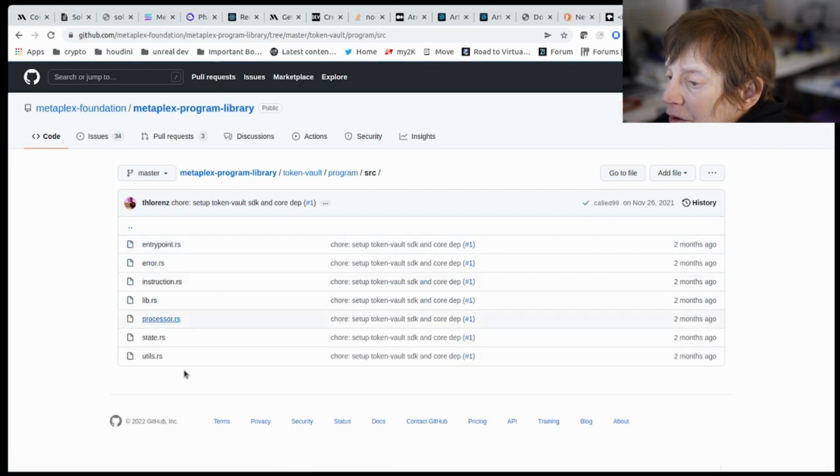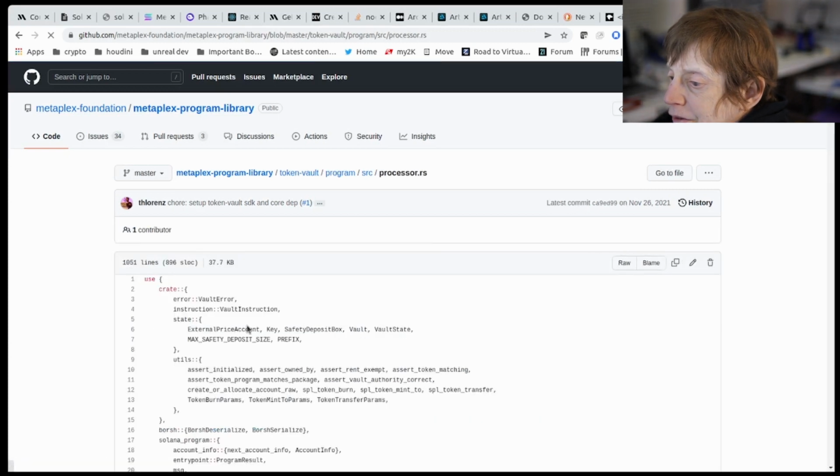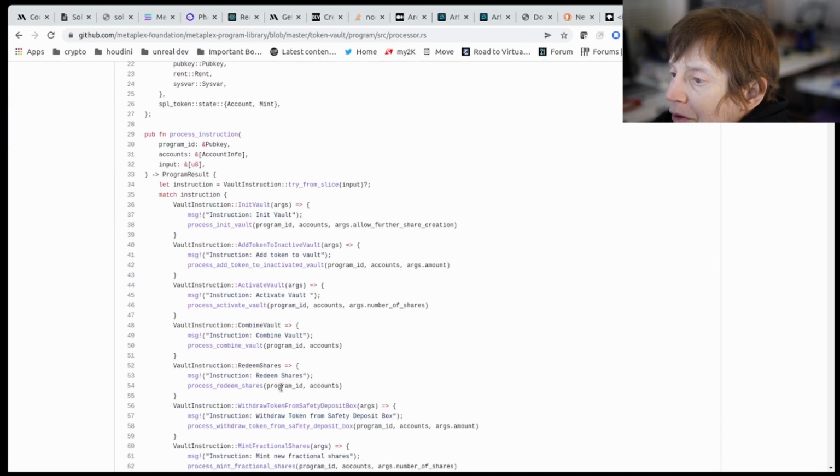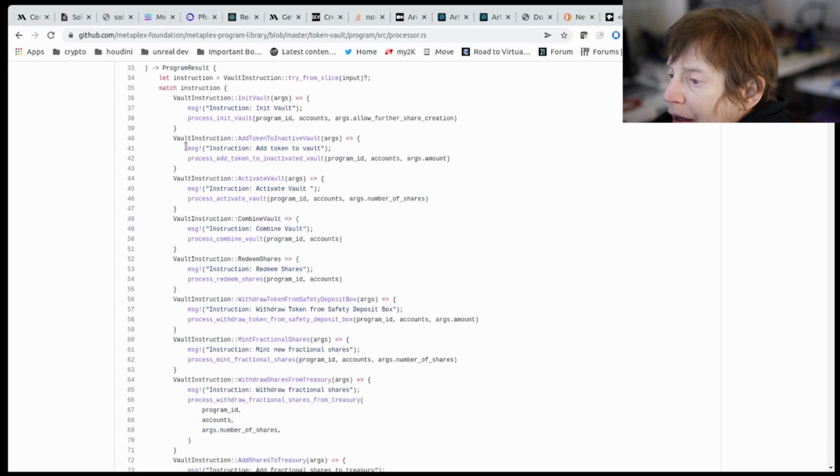So here are your Rust programs. Now, the entry points, your typical Solana entry point. These are Solana programs. You have your processor, and this is where you have all your instructions, just like we've seen with Solana before. Program ID, accounts, and input, which are instructions. And based on the instruction,